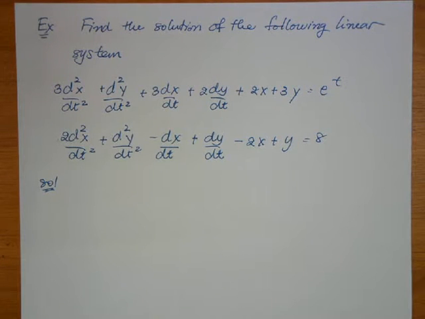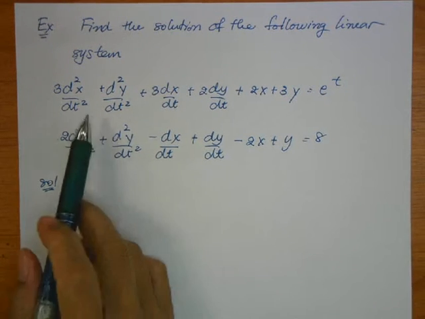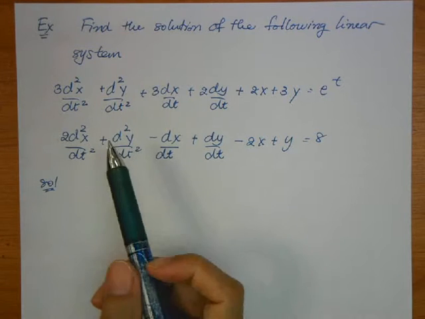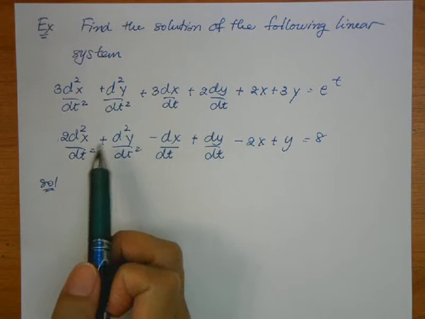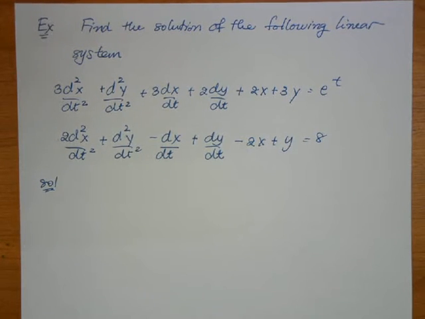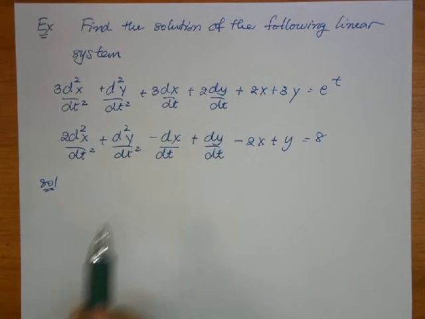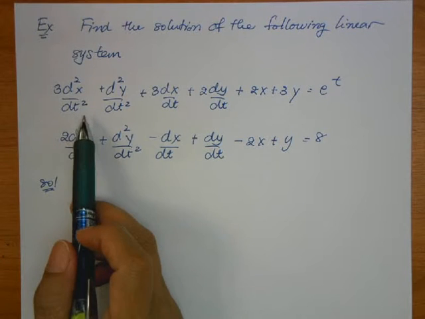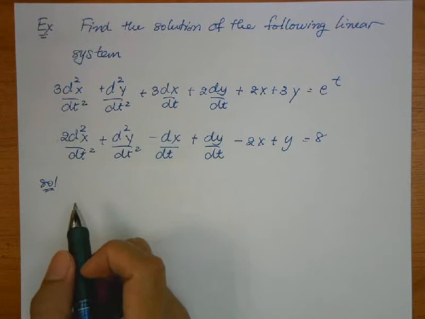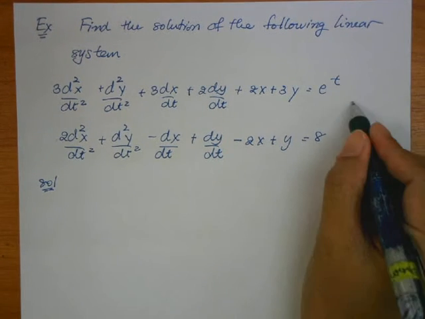For the next example, we have a second order differential equation with two dependent variables. To find the solution of the linear system of differential equations, you have to write down the differential equation in terms of the operator D. Now, if you take a look at the first equation,